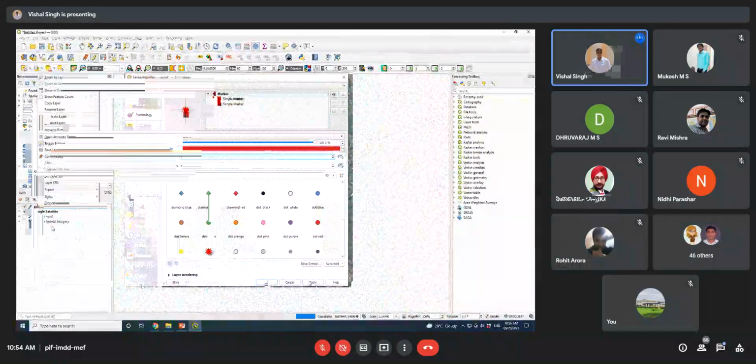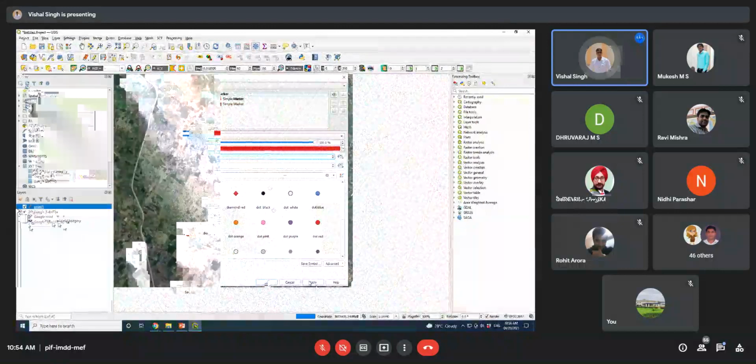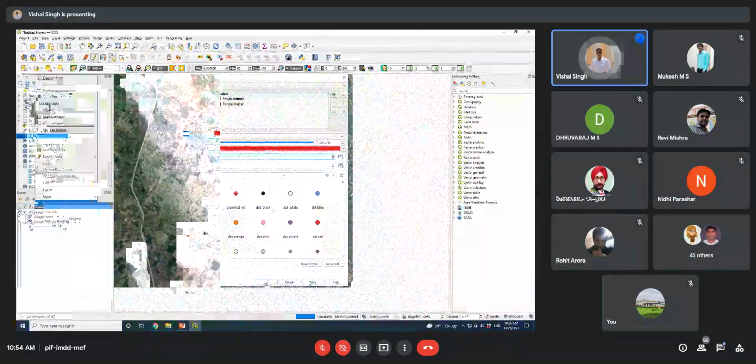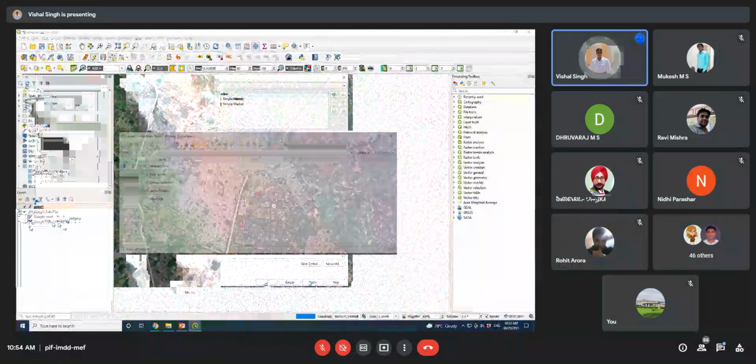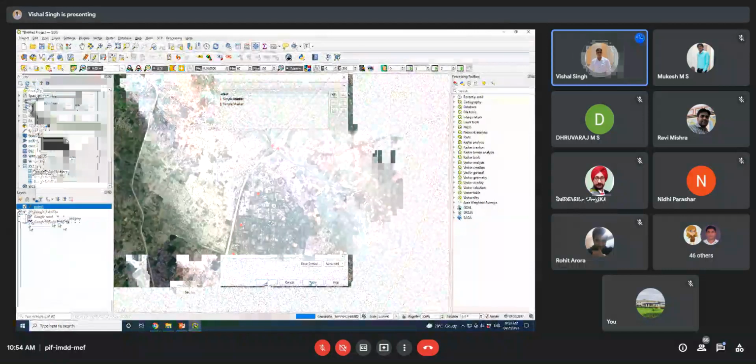So now you can add this kind of information here, and whatever information you have generated here, you can go to the attribute, and you can see that. So this kind of attribute information you have generated. Swimming pool, solar panels, like this. And we will overlay all these things later on. I will tell you how you can overlay all the things. So in this way, you can generate the point level information.